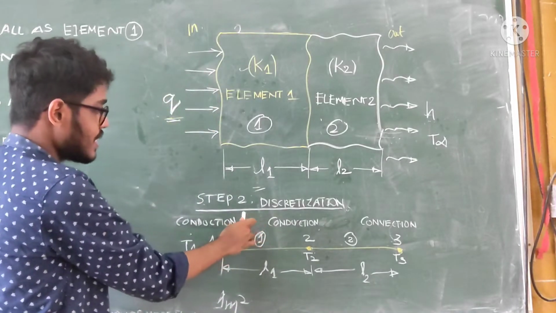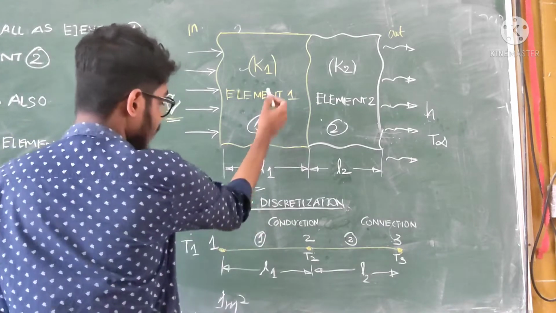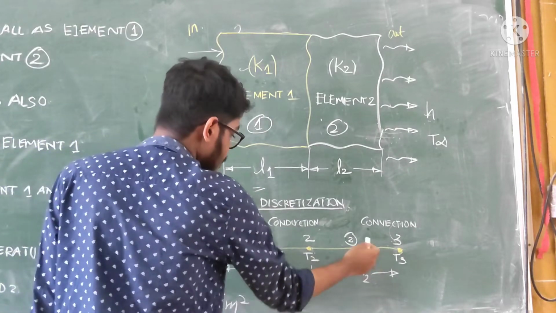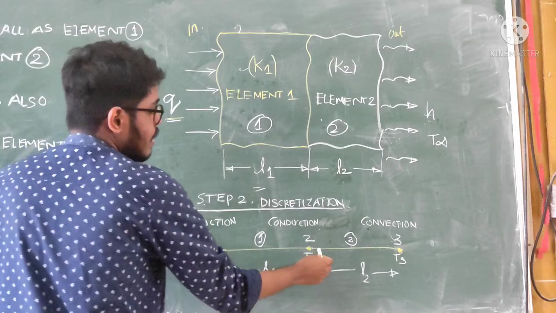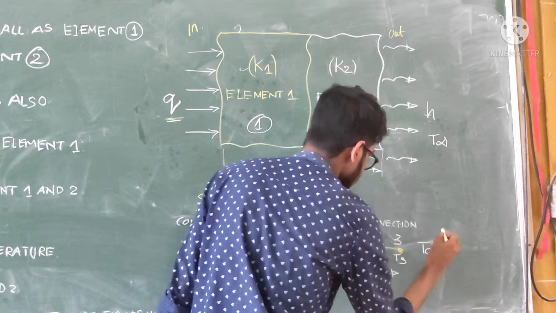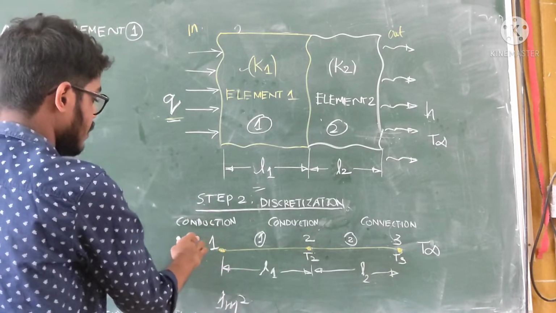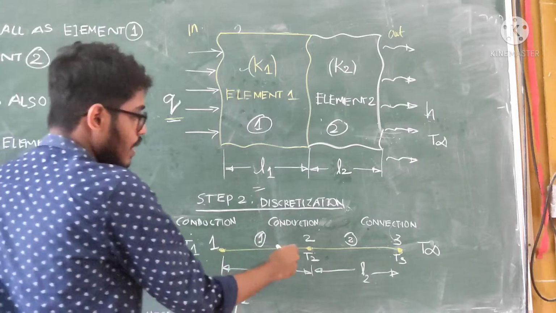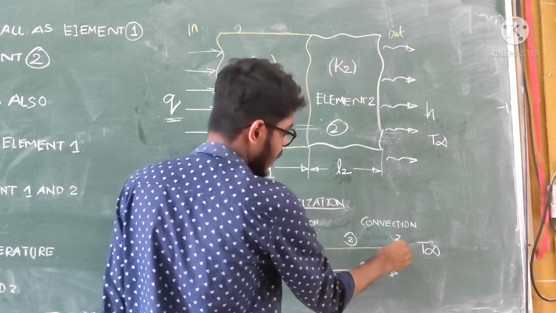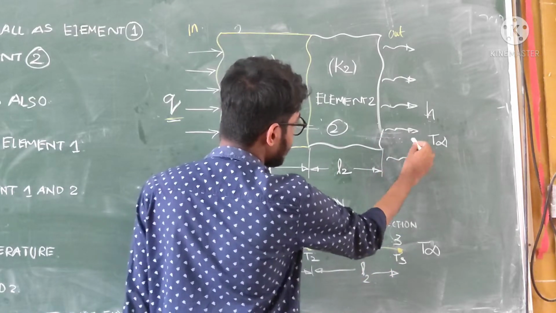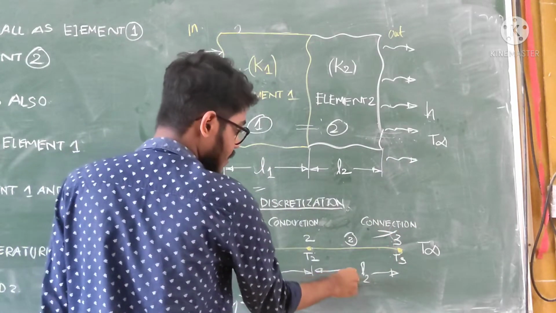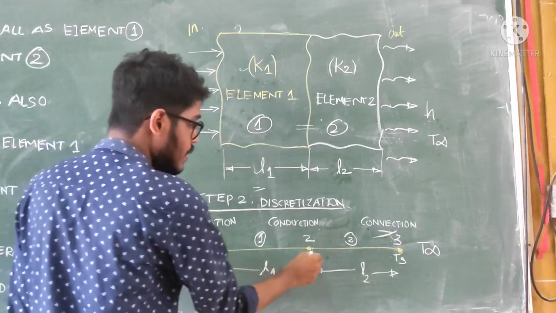Okay, then step 2, discretization. The entire idealized diagram is discretized into 3 nodes and 2 elements. Then the temperature is T1, T2 and T3 at the nodes, and the ambient temperature is T infinity. In element 1, at node 1 there is conduction, at node 2 there is also conduction, there is no change in medium. Then element 2, node 3 there is a convection because there is a change in medium. Here atmospheric temperature contact, therefore this is convection. Then the L1 and L2 are thickness. Then the nodal temperatures are T1, T2 and T3.